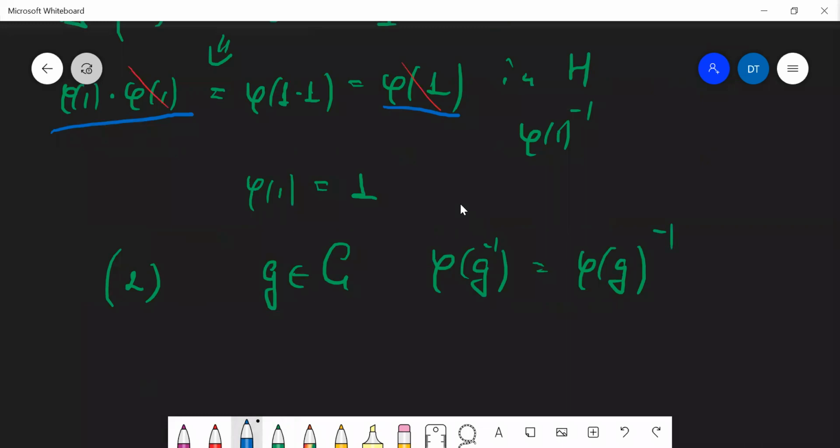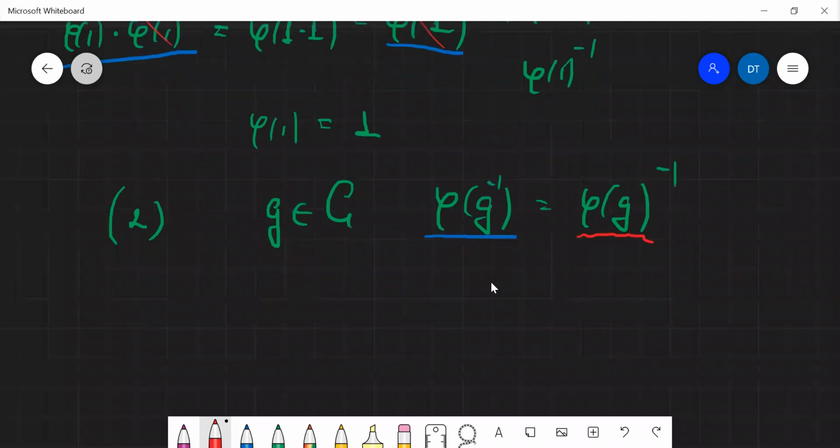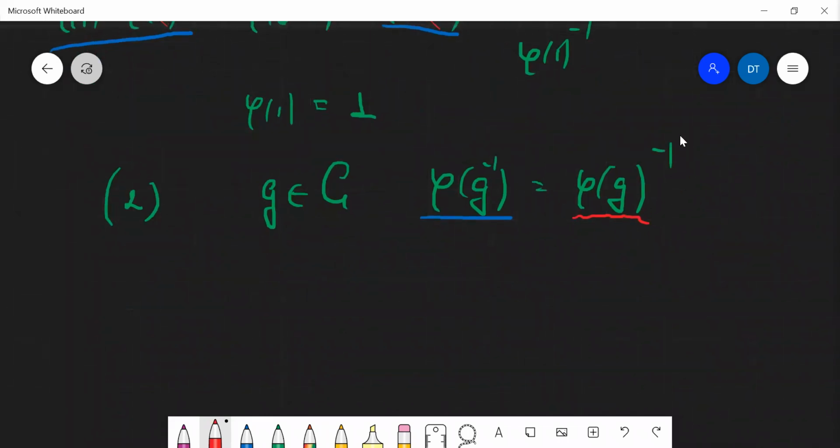As you can see, we want to prove that something is equal to an inverse of phi of G. In order to prove this equality, we need to show that the left-hand side satisfies the definition of the inverse element. And since the inverse element is unique, this will prove the equality. So in order to prove that the blue element is the inverse for phi of G, we need to show